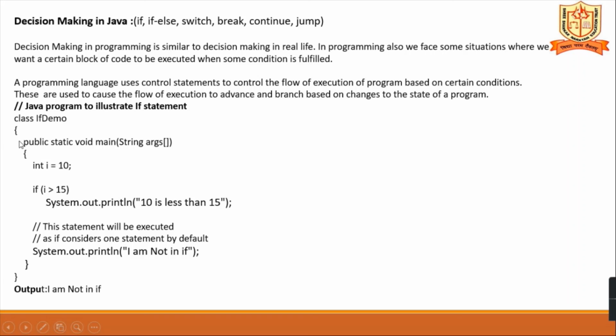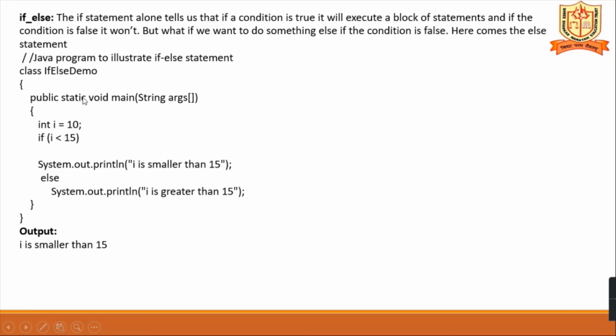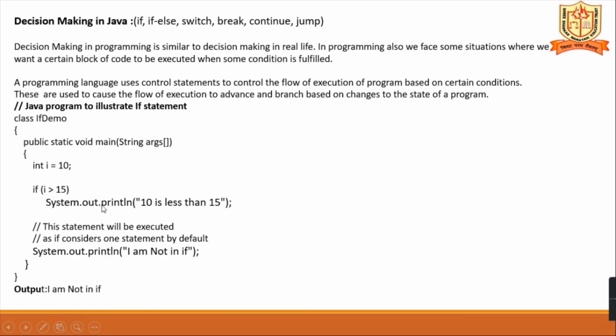Decision making, if condition. See here, if demo, public static void main, i equals 10. If i is less than 15, System.out.println "10 is less than 15". Otherwise, it is not in the if. So here the value of i is how much? 10. Then it is less than 15. It executes this. Otherwise, i is greater than 15. Is it clear? So,